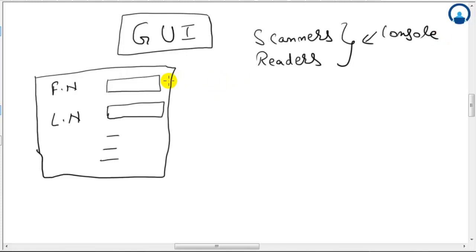So instead of that, we can just lay out a user interface with the help of which user can just give in the input details and we can process these details. So we basically provide a GUI to that user. Instead of entering the values to the console, we just create a UI. So this is basically a graphical user interface, and Java Swings